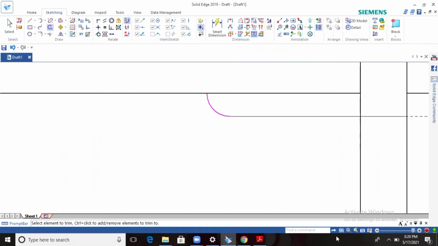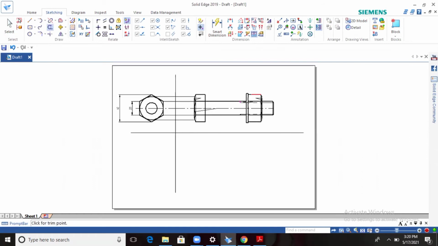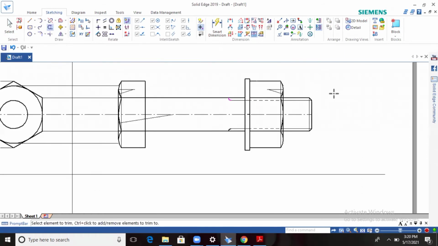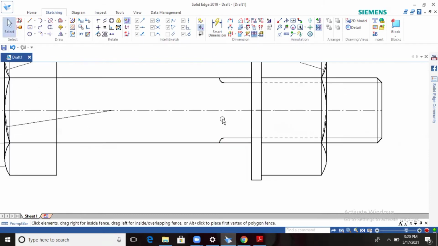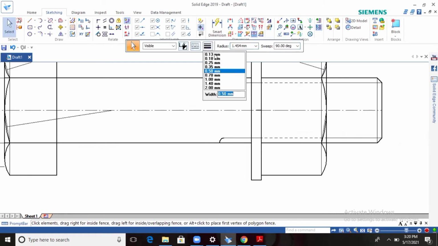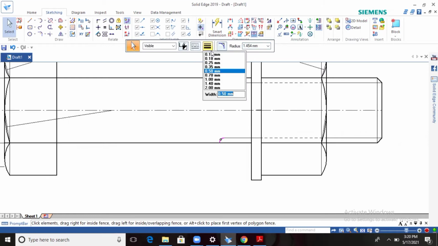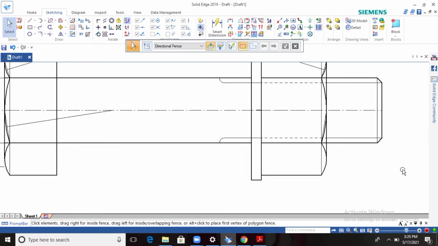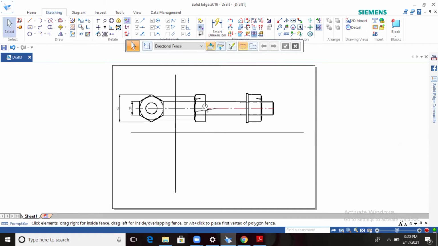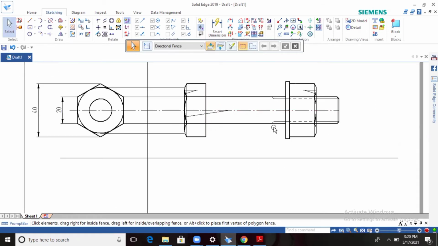Then trim this line, that's it. So the fillet is also over, right click. If the thickness will be higher, go for this one, make it 0.13. This one also 0.13. Over. This is about the front view and the side view.